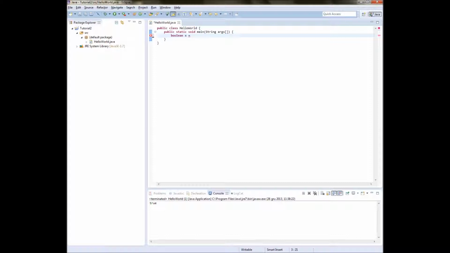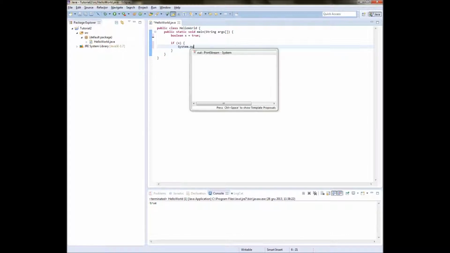And these two values are true or false. True. I really can't talk and type. I'm not really good at that. So now we've created a Boolean x, and we have assigned a value of true to it. Now we can test if x, then we print system.out.print